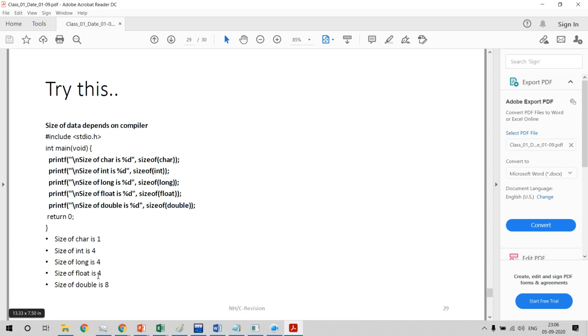Okay. So in my case, the character size is 1, integer size is 4, long size is 4, float size is 4, double is 8. Try this also. You will get